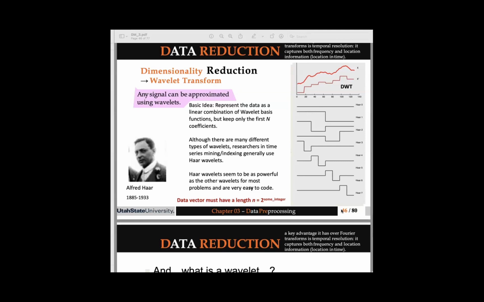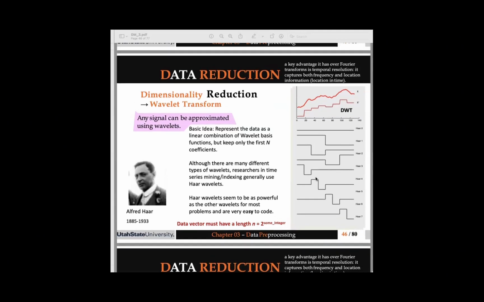And the last and final one is the coefficient value. The coefficient tells us how strong that feature is at a particular scale and location. So the strength of the feature is measured by the coefficient value. For every single Haar wavelet that we have over here, we keep those three parameters, just like we did for Fourier transform. Now, in data mining applications, typically the Haar wavelets are commonly used because they are simple, efficient, and